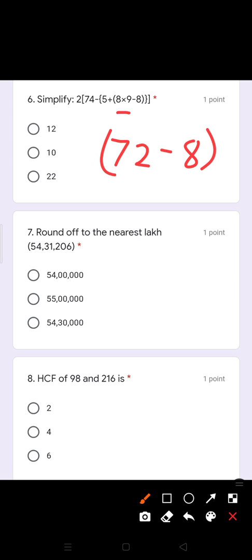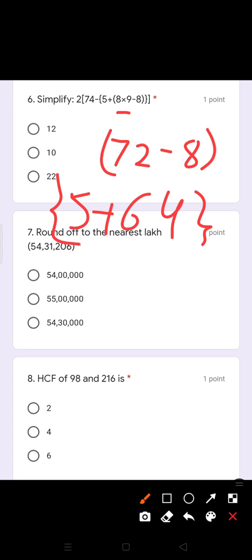So now 72 minus 8 is 64, and here you have plus 5, बाहर ब्रैकेट में आपके पास 5 + 64 रह गया है. Now 5 + 64 अगर आप करते हो, so you will get 69. Okay, then 74 बाहर है. 7 ब्रैकेट्स आपके ओपन हो रहे हैं. देखो, first small bracket ओपन हुआ, after that curly bracket ओपन हुआ. Now you are subtracting 74 minus 69 which is 5.